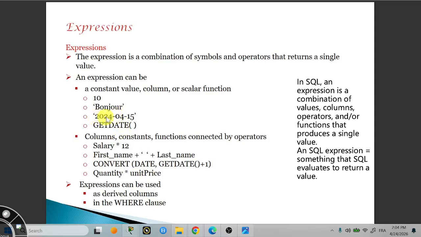Okay. This is string data. This is numeric data. So constant values. Okay. We may use columns. The expression can be columns like first name and last name, as you see. Constants, you take salary